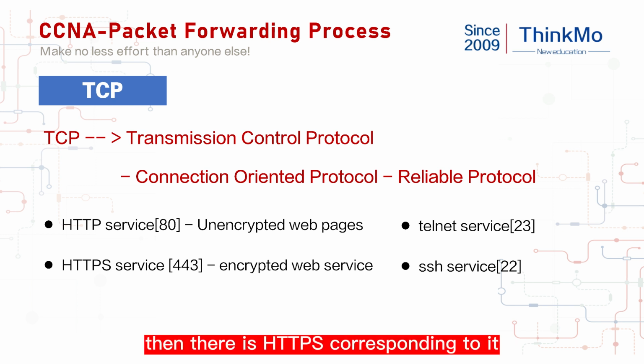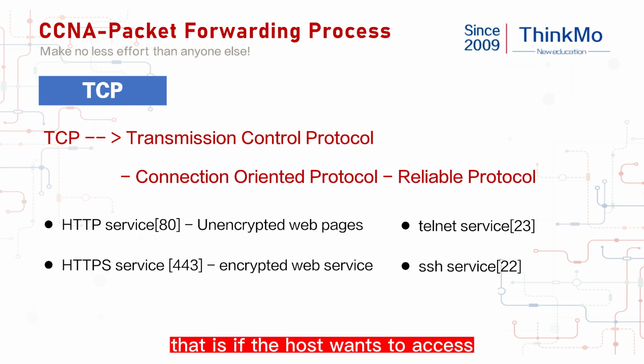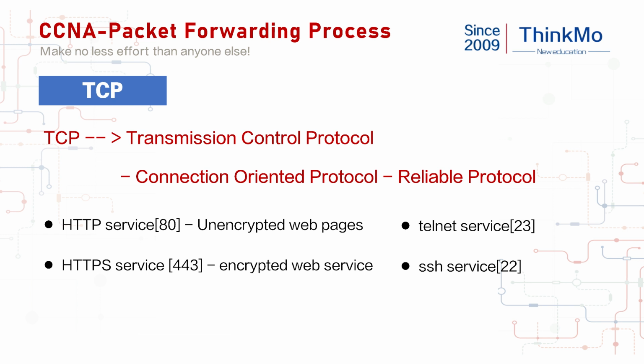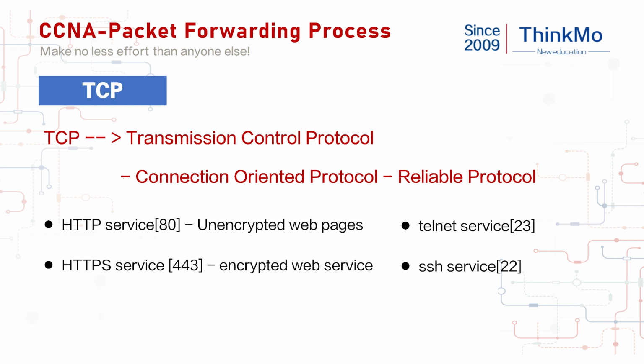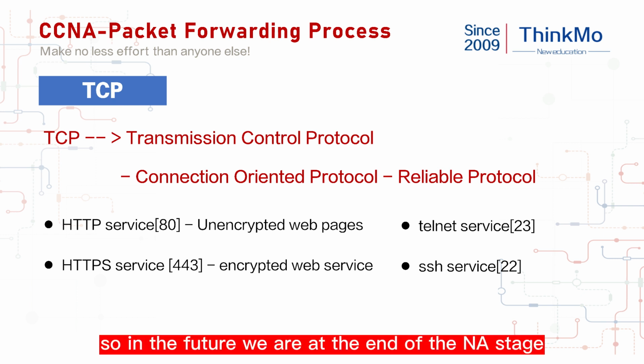Then there is HTTPS corresponding to it. It is port 443. That is, if the host wants to access an encrypted web service at the peer end, then it accesses port 443 of the peer. This is called a well-known port. Many people in the world are now using such ports, so a clear definition is made. In the future, at the end of the NA stage,